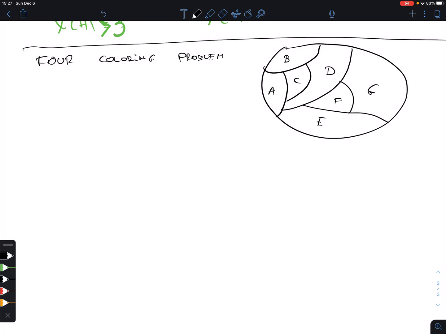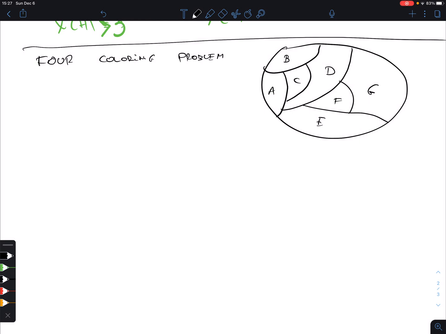So I'm talking here about a real map in the usual sense. These are countries or counties or regions, whatever way you want to divide the geographical entity here. And the question was,